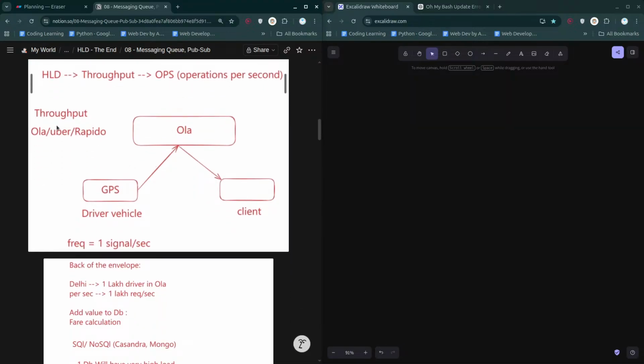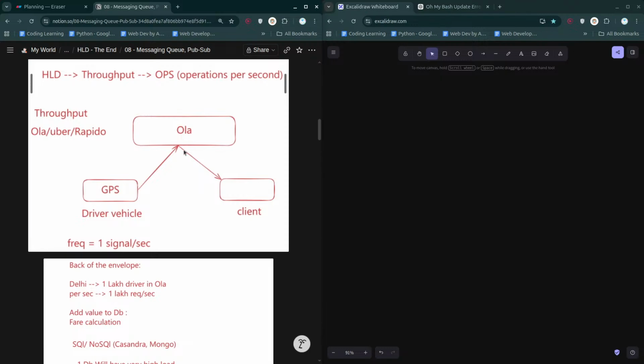And when it comes to throughput, in companies like Ola, Uber or Rapido, throughput is really high. Whenever you book on Ola, you need to get the current location of the Ola van or bike, wherever it is right now.